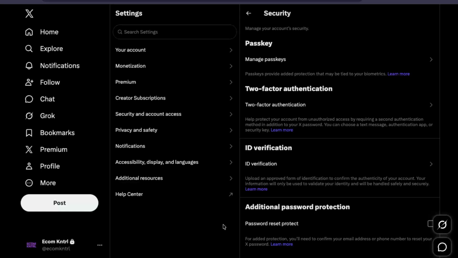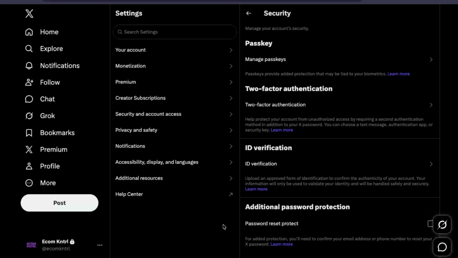So when people ask how to see their X password, what they usually need is either to look it up from somewhere it was saved before, or to reset it to something new that they'll remember. There are two main ways to handle this. The first is to check whether your password was saved by your browser or your device's built-in password manager. Many of us log in once, tap Save Password, and then forget about it. On most phones and computers, those saved passwords can be viewed later, as long as you can unlock the device